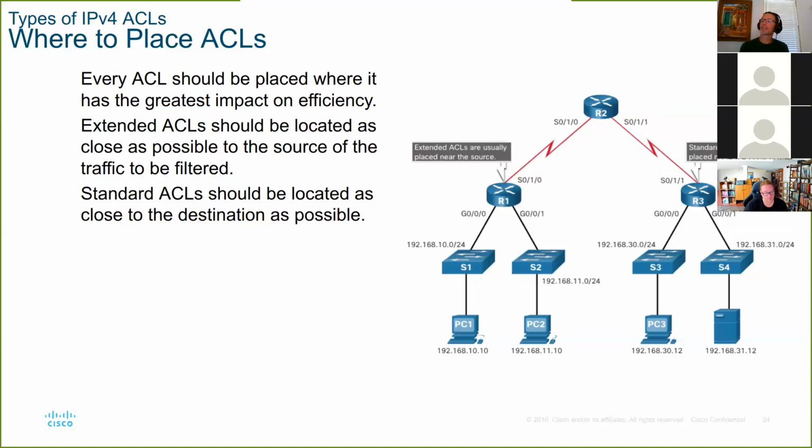Extended ACL, since we can filter based on your destination, we put them as close to the source as we can. In fact, if I were trying to say these guys are allowed to get to the server, but not this one, I would put that ACL with the rules in the correct order right here, inbound on gig 0/0 on R1. And what that does for me is it prevents these packets from wasting bandwidth only to get over there and get dropped and denied.